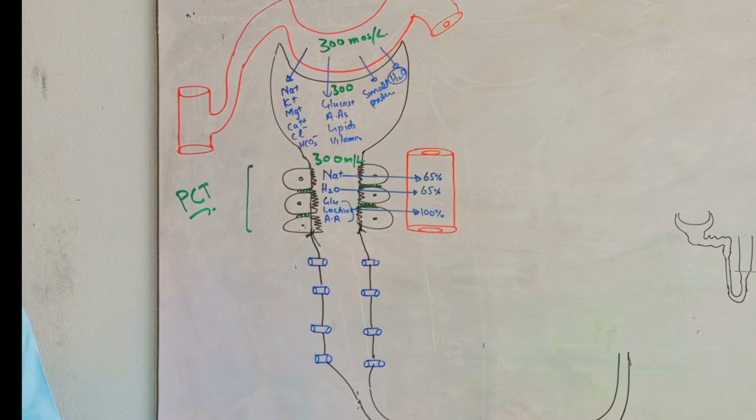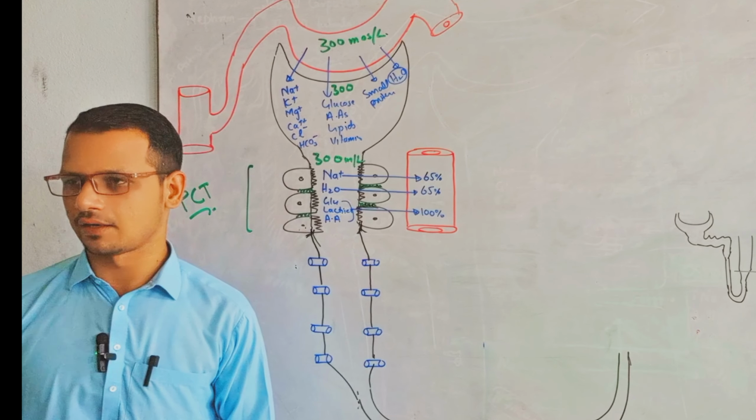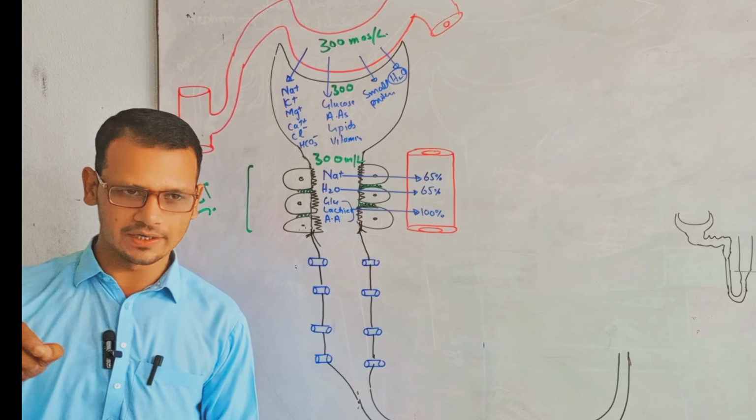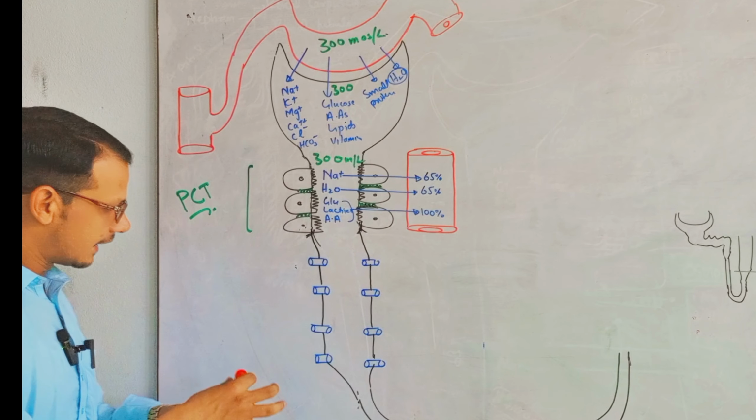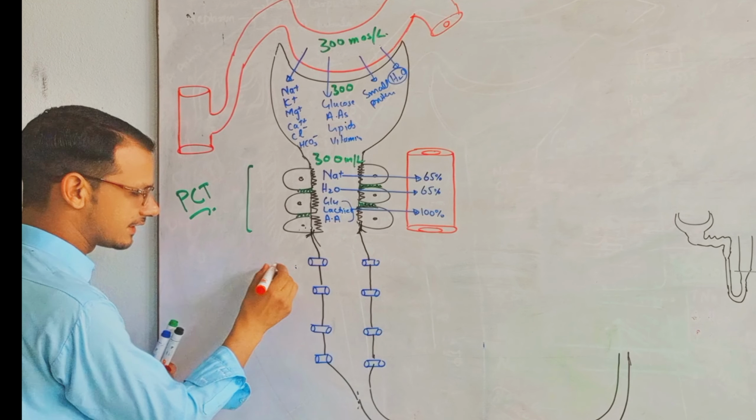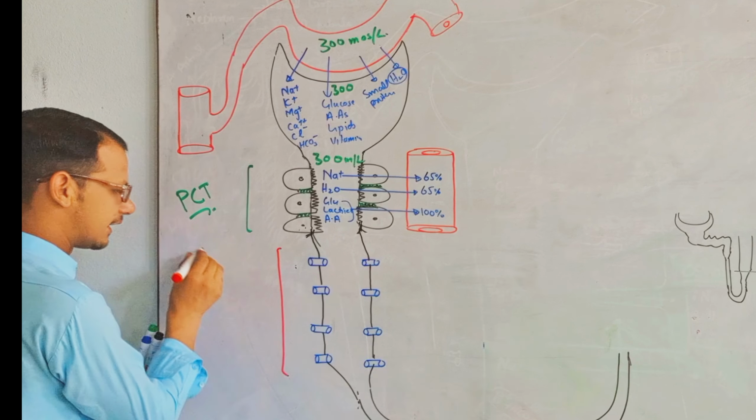The name of this transporter is aquaporine 1. Aquaporine 1 transporter, right? And this part is called the descending